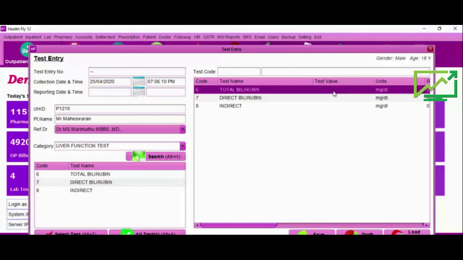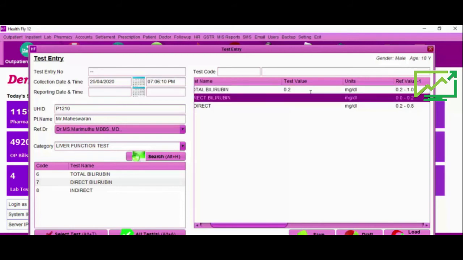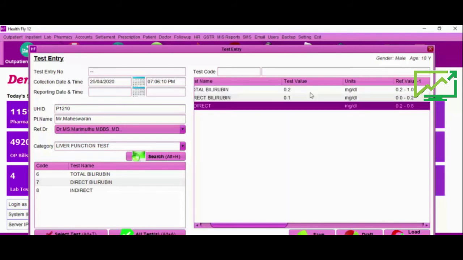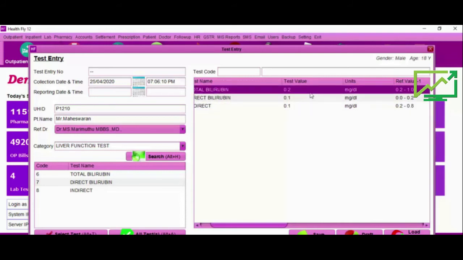We have given automatic and manual calculations. For example, if you enter total bilirubin and direct bilirubin, so indirect bilirubin will automatically come, or you can do entry manually also. We have given both options.